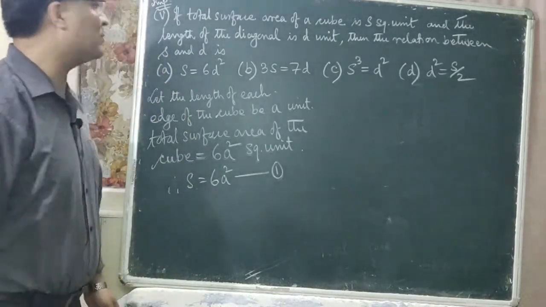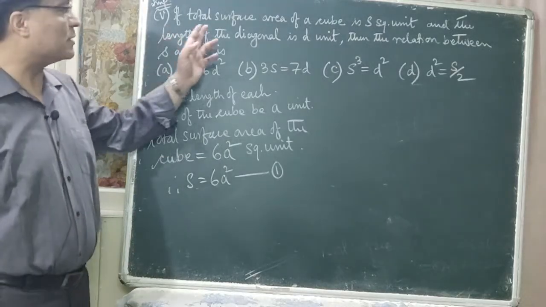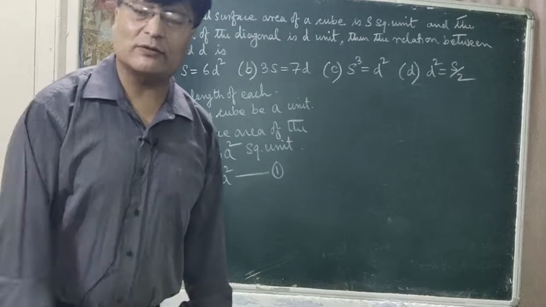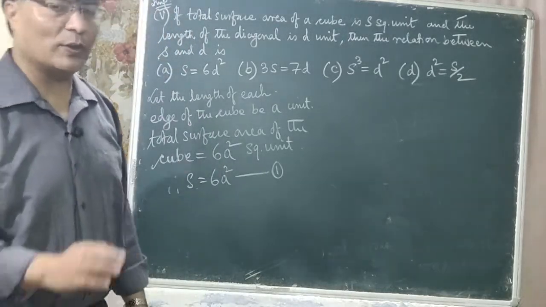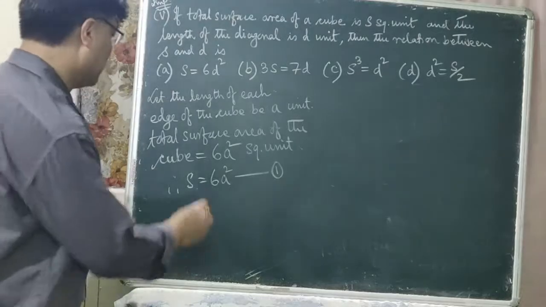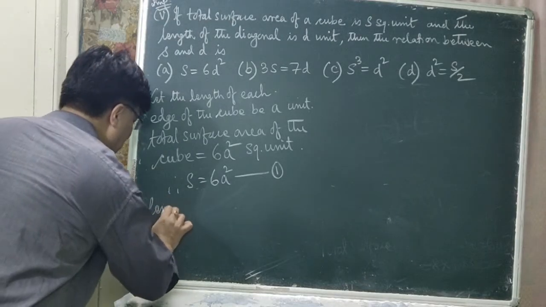So again, what is given in the question? The length of the diagonal of the cube is d unit. So let us write down the formula for length of the diagonal. What is the formula for length of the diagonal? It is a root over 3. Okay, so length of the diagonal